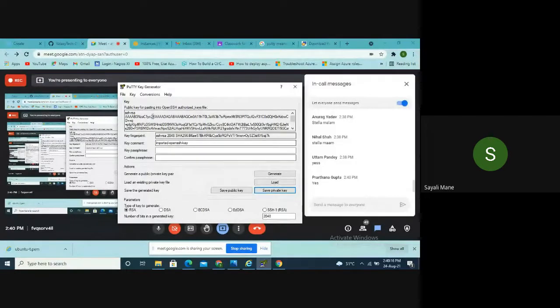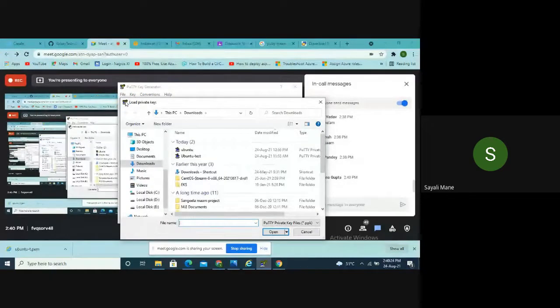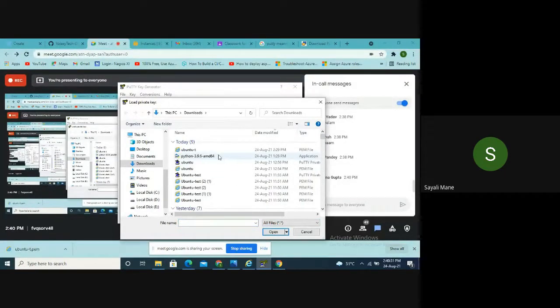Yes, okay. Now here there is a file option. Click on it and then click on load private key. Here select all the files. Now the PEM file is there, like Ubuntu-T, this is my private key file. The file type is PEM.